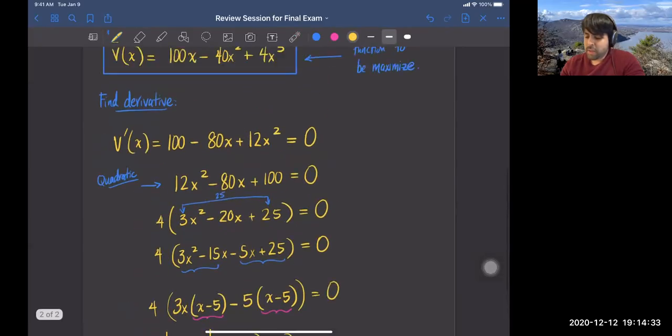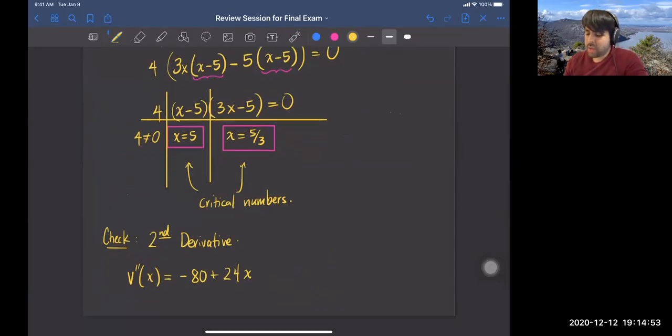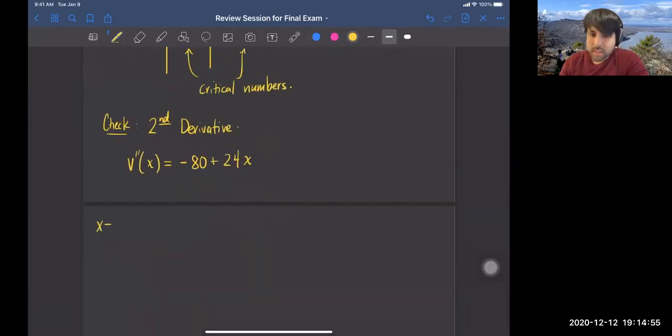And then the second derivative is what? Negative 80 plus 24x, right? This is my second derivative. And if I plug in these numbers for x, I can determine whether it's a local max or local min by figuring out whether the sign of the number is positive or negative. So if I want to check what happens at x equals 5, the second derivative of 5 is negative 80 plus 24 times 5. If I multiply this, I get negative 80 plus what? 90,